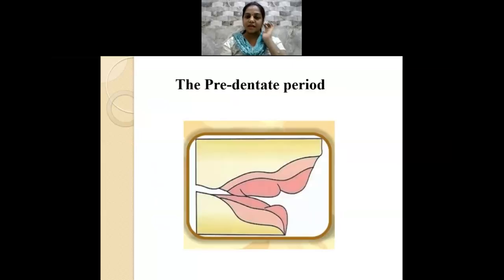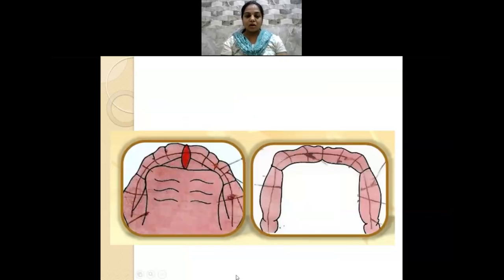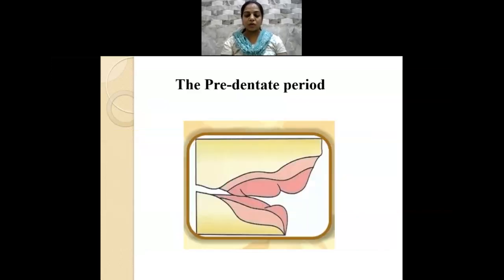Coming to the pre-dentate period, this is the period from the time of birth till the first tooth erupts in the oral cavity, which means there are no teeth in the jaws. In this pre-dentate period, the alveolar jaw is called the gum pad, which is pink in color. They are U-shaped, and when they are approximated, there is contact only in the posterior area, and there is an open bite in the anterior region. The open bite in the anterior region is helpful for